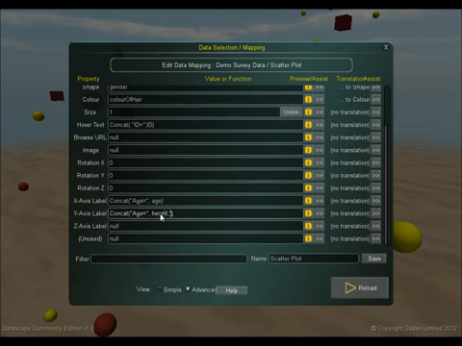And what we might do is just remind ourselves what the units were for that. And the z-axis was set to weight. And it was in kilograms. And again, we can save that